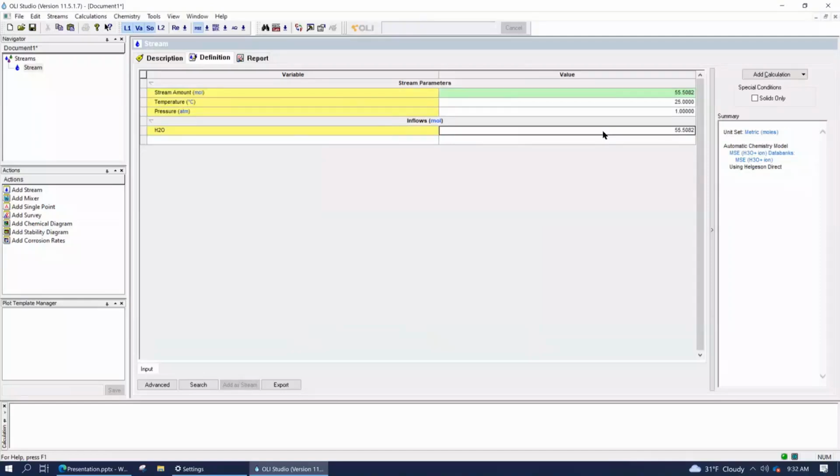Just want to say outright, every time you create a stream, that stream will start by default with 1 kilogram of water. This number here, which looks essentially arbitrary, 55.50824711006, double precision, right? Thank you, Jingjiang, is 1 kilogram of water. That's essentially all that is.